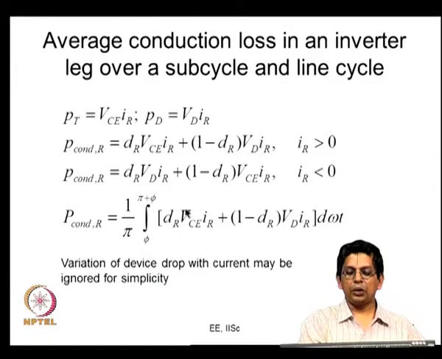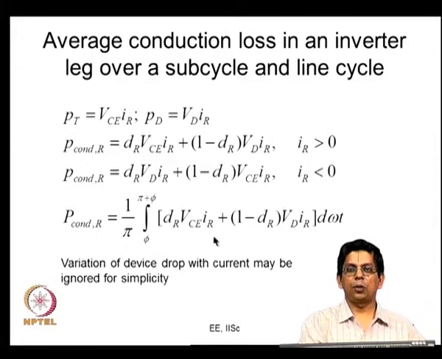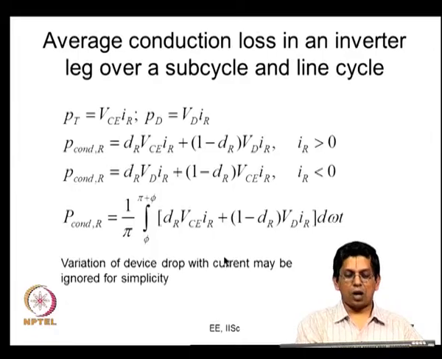So, you integrate and you take the average, you are going to get the whole thing as a function of modulation index, the peak value of current and the power factor angle of current. So, with this simplifying assumption, when you take VCE and VD to be constant, it is possible for you to evaluate the conduction loss in one leg pertaining to any PWM method,